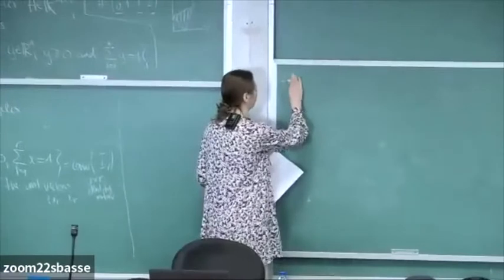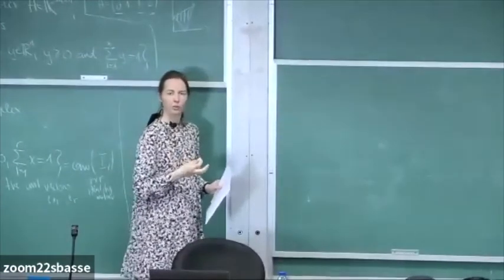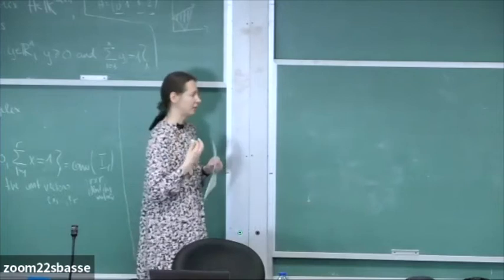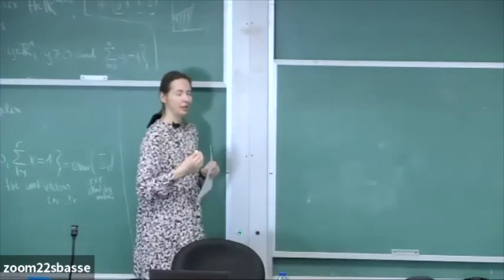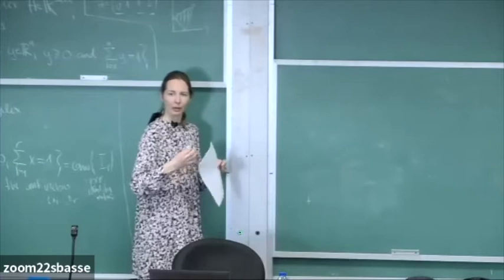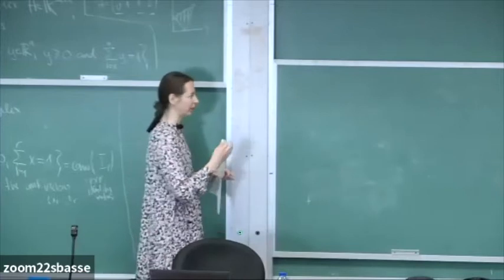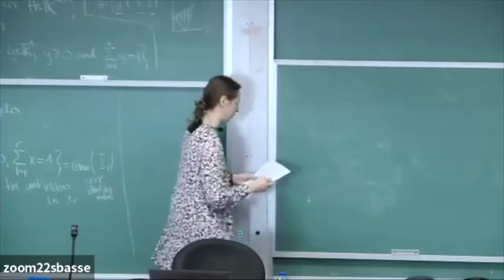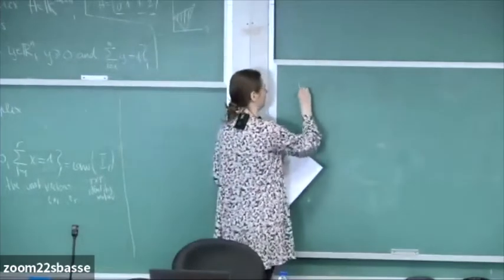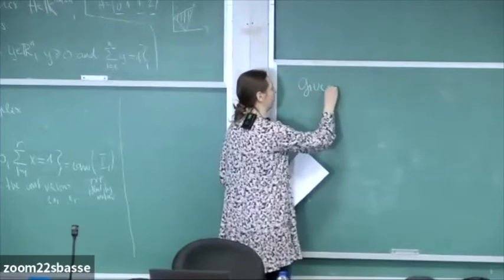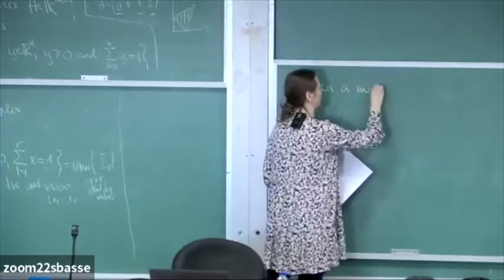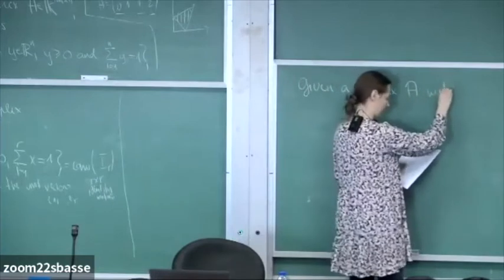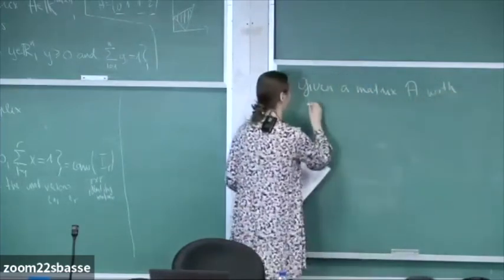Now we will learn how to modify non-negative matrices, modifications that don't change the non-negative rank. And we learn this modification so that we can give this description using polytopes. So given a matrix A with non-zero columns,